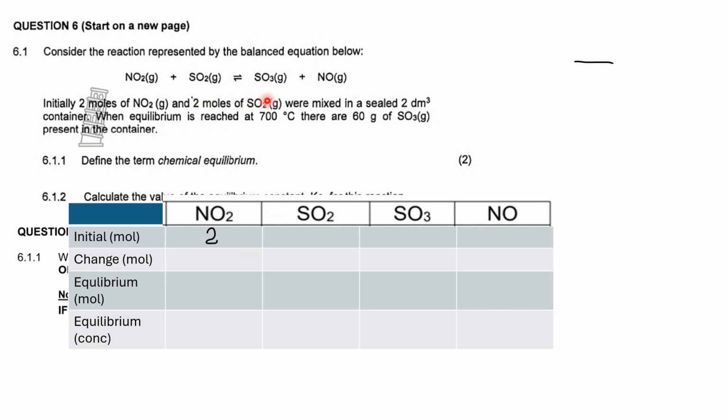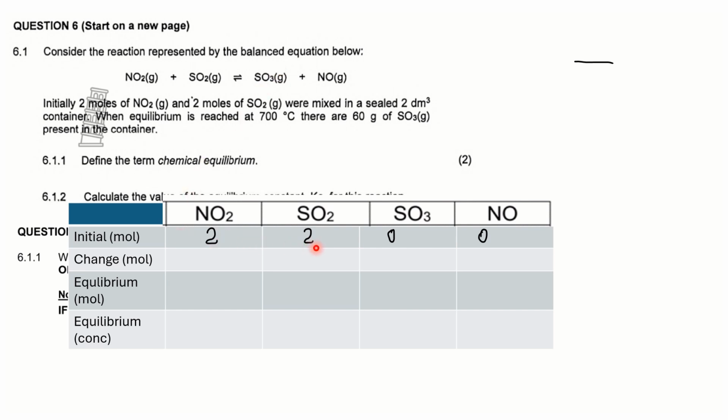By 2 moles of SO2. Where is SO2? It's still a reactant. This is SO2 here. So I'm going to write again that 2 here. And then from there, what else must I write? I will write 0 moles here for SO3, and also 0 mole for NO. Why do I write 0, 0? It's because initially, when we started our reaction, we don't have product. So as such, we can write 0 and 0 here because we didn't have product when we started this reaction. We only have these 2 moles of NO2 and 2 moles of